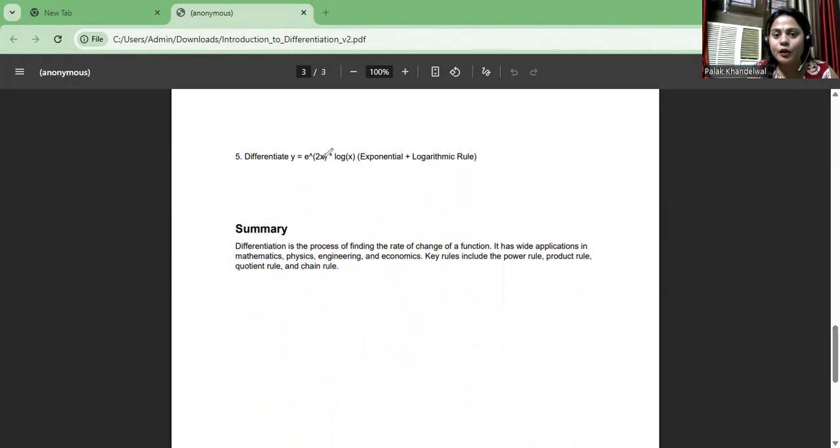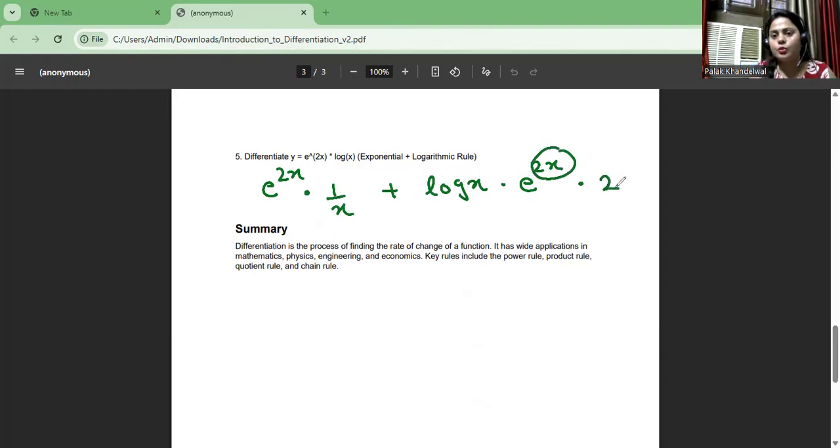Let's understand. Because there's a product rule, what I will do, I'll put e raised to power 2x as it is and I'll calculate the differentiation of log, which is 1 by x. You will get this in the list of formulas. So slowly, when you do the questions regularly, you will get an idea of all these formulas. Then I will write the other function. I'll write the derivative of e raised to power 2x, which is the same because exponential has the same derivative. Now I am applying chain rule, which is the derivative of this 2x, which is 2.